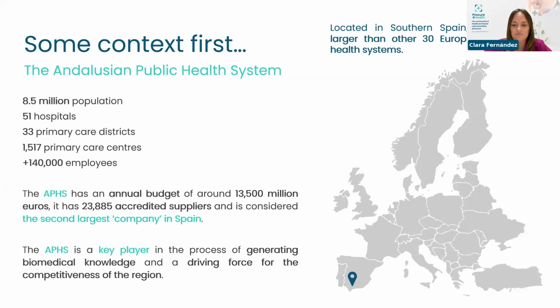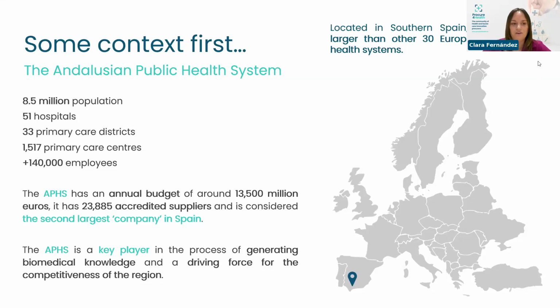Andalusia is located in the south of Spain, and actually we are the second largest region in the country, but in terms of population, we have the first place thanks to the 8.5 million inhabitants. Another interesting piece of information is that the Andalusian public health system is larger than other 30 European countries' health systems, thanks